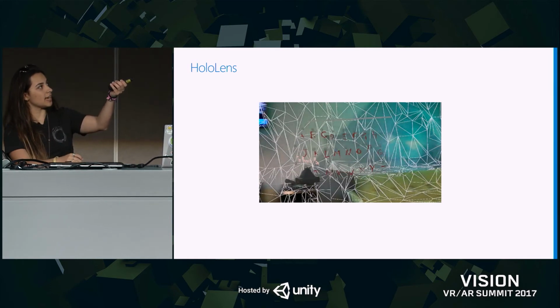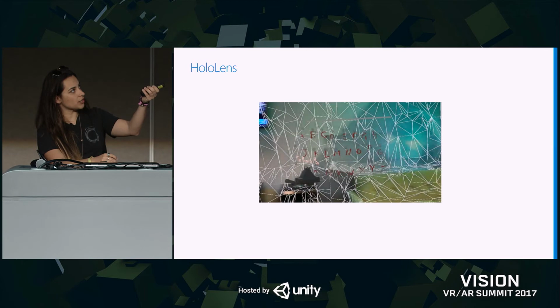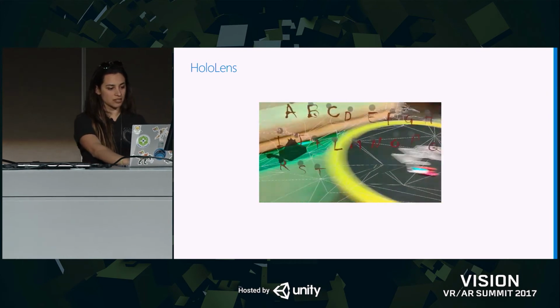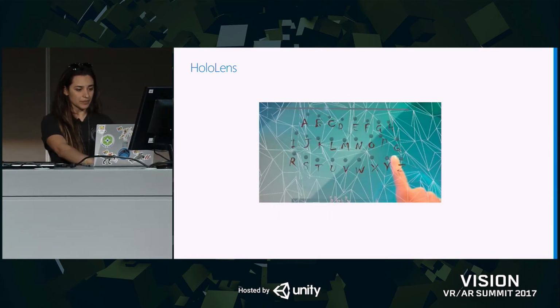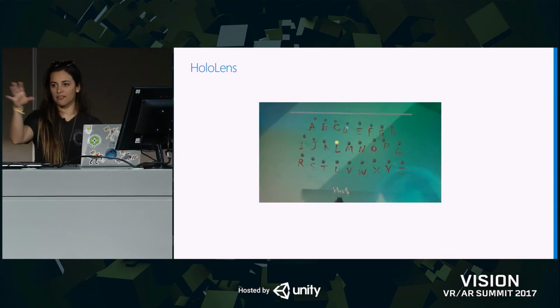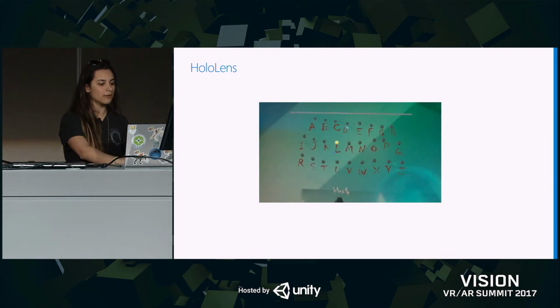So you can kind of see how it's pushing that mesh onto the wall, and it's covering the couch. So I'm mapping out my environment, and the spatial mesh shows up. You can see the table. And I'm like, okay, I want to pin that to the wall. Look around, see how it's not following my gaze anymore. And now I'm going to write a message.